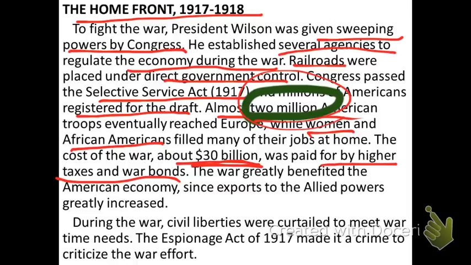The war greatly benefited the American economy. Lots of people were working. Lots of people who before had been excluded from work, like women and African Americans, who were excluded from the average job. Most, again, women at this time were, I think we've discussed previously, housewives and mothers, and African Americans were primarily field hands in the South. And now two groups who were underrepresented in the economy are now a huge part of the economy. So the war greatly benefited our economy